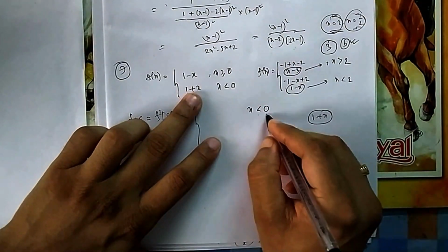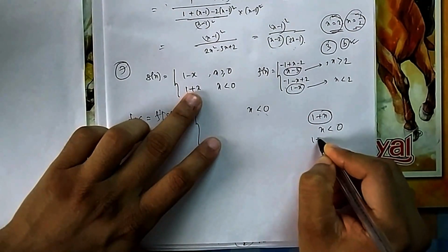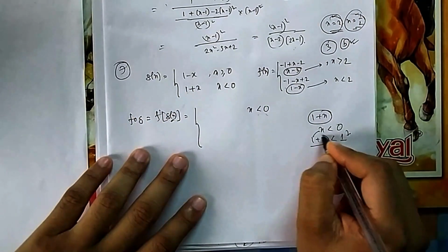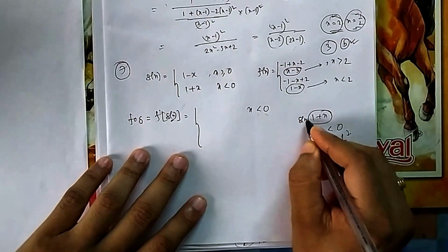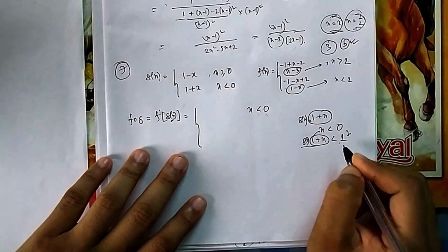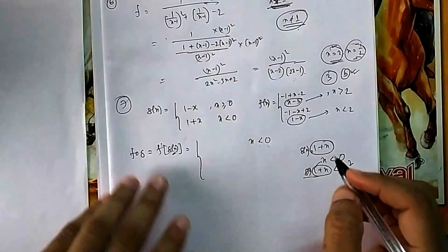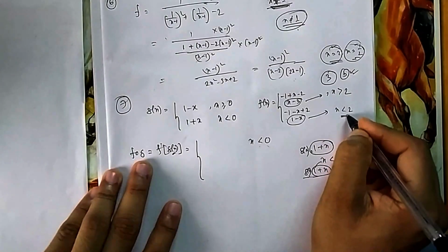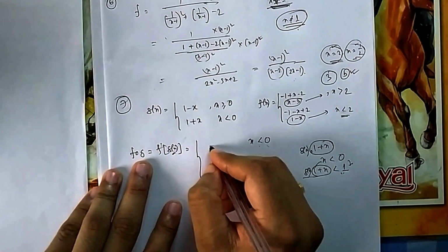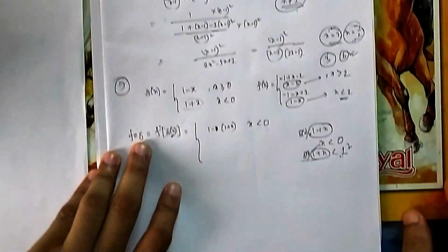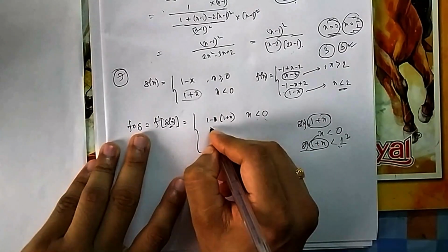Because x is less than 0, 1 plus x will be less than 1. You add 1 on both sides. So the output of g, because this is g(x), is always less than 1. Okay. So that output f will eat. Now f is getting something which is less than 1. So if it is less than 1, f will eat in this way: 1 minus x. But what is x here? x here is g(x). So 1 minus (1 plus x), that is your minus x.